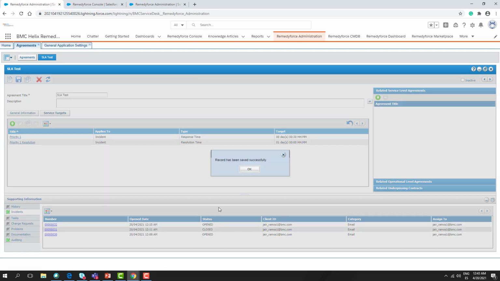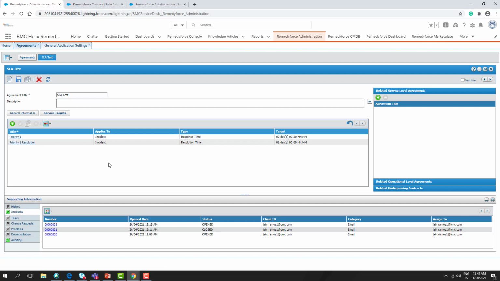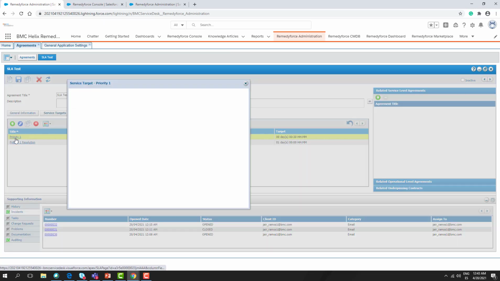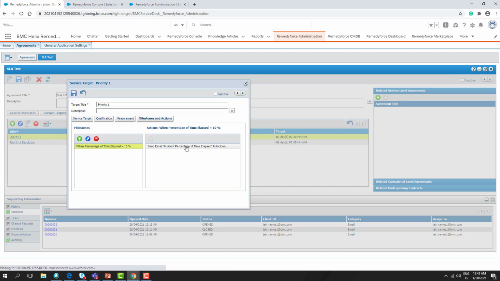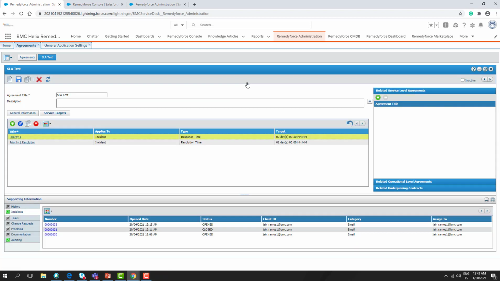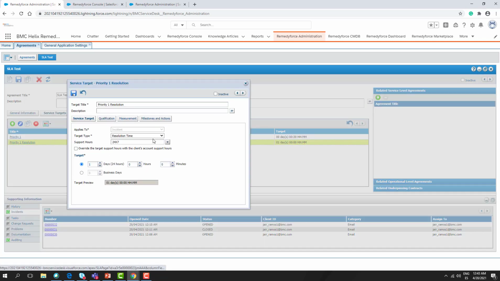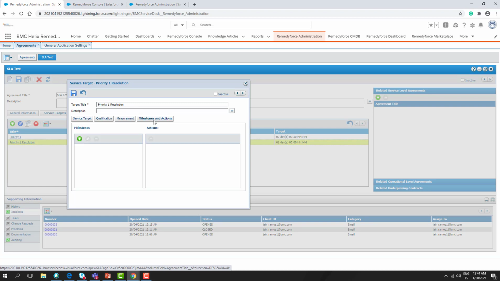Now let's click save again just to make sure all the general configuration was saved. Let's click again on priority 1 just to make sure it was saved. Okay, now let's close the window, and I would like to create another one for the resolution time. Let's go to the milestone and actions tab,